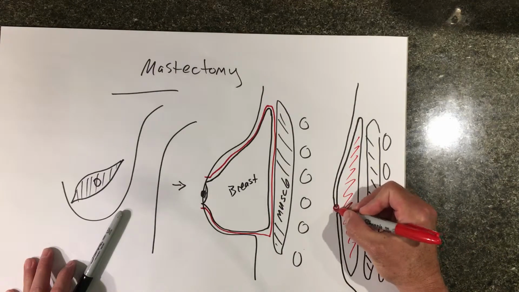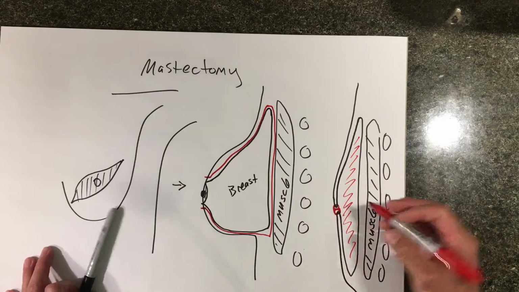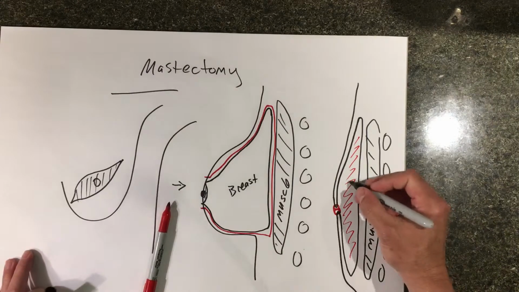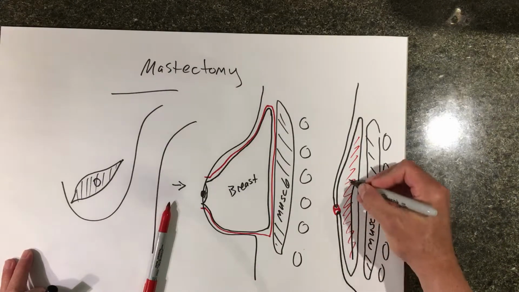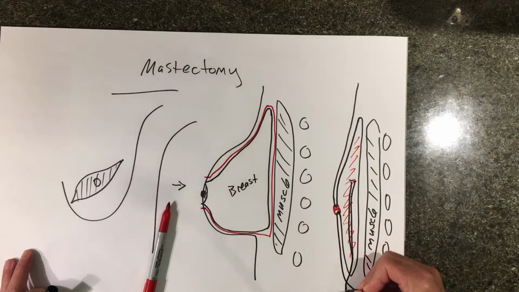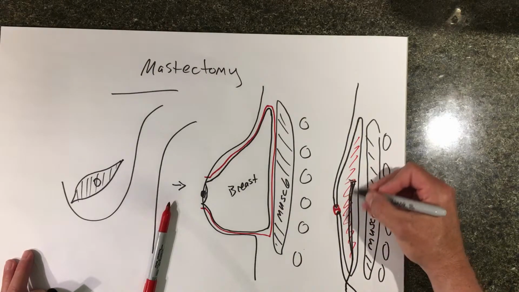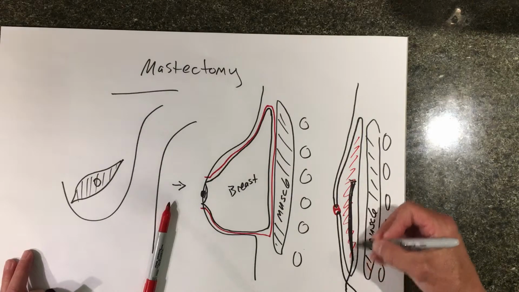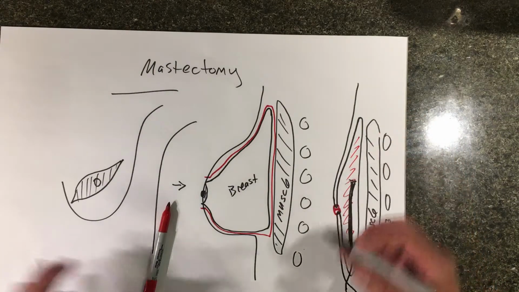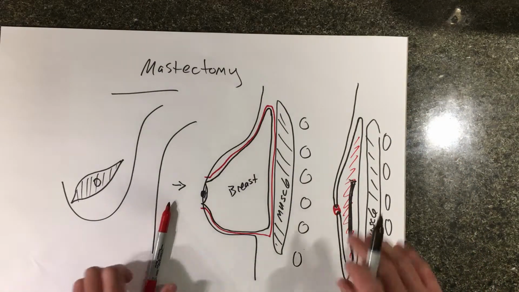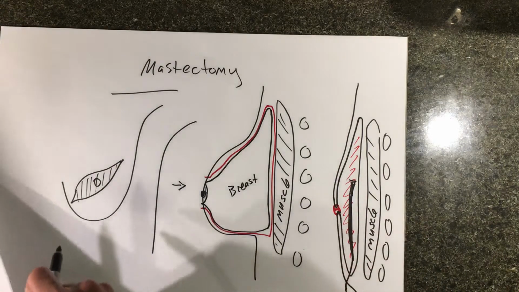So the skin is stitched back together here, put stitches in, and then we leave a drain tube inside of the breast space. And this comes out through a separate small hole and is attached to a bulb. And that's why there's always a drain left during a mastectomy type surgery, and that's to help close this space up. So if you look at it from the front,